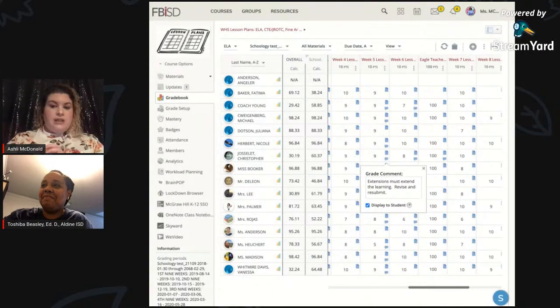It's saying extensions must extend the learning, revise and resubmit. That came from the instructional coach on our team that reviewed that lesson plan. And down here at the bottom, it says display to student. Well, that's so that the teacher can see.